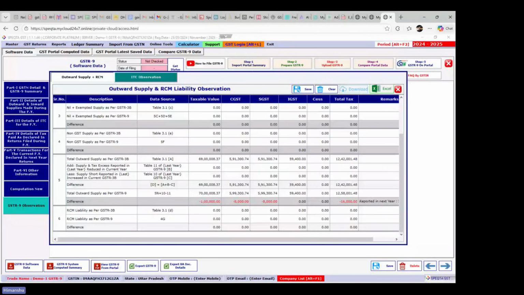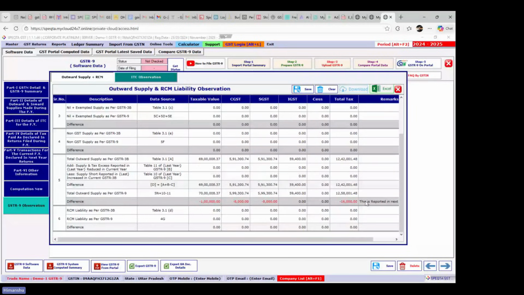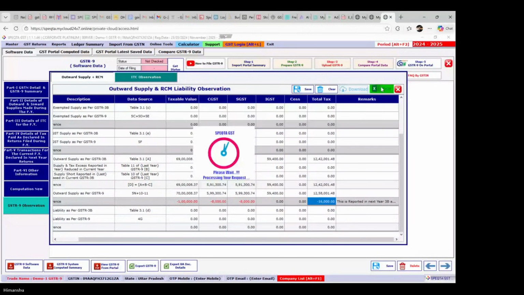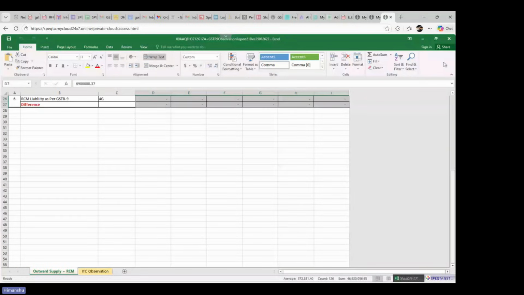properly reported in table 10 of GSTR-9। तो ये आपने यहाँ पर रखा, इसको सेव कर दिया, एंड ये आपके पास जब भी नेक्स्ट टाइम आप कभी खोलेंगे इसको, तो ये आपको अवेलेबल होगा आपके रेफरेंस के लिए। जब भी आपको ये नीचे डिफरेंस दिखा तो यहाँ पर आप अपना रिमार्क्स डाल के रख लीजिए कि ये रिमार्क्स में हमने ये डिफरेंस था, लेकिन इस डिफरेंस को कैसे हमने सॉर्ट आउट किया। ये आप एक्सेल पे भी एक्सपोर्ट कर सकते हैं, तो ये एक्सेल पे एक्सपोर्ट हो जाएगा आपका, तो आप उसको एक्सेल पर भी चेक कर सकते हैं। ये नीचे आपको इस तरीके से मिल जाता है एक्सेल पे भी। ठीक है, ओके, सो दिस इज द पार्ट।